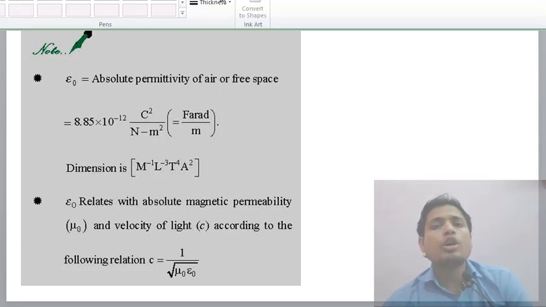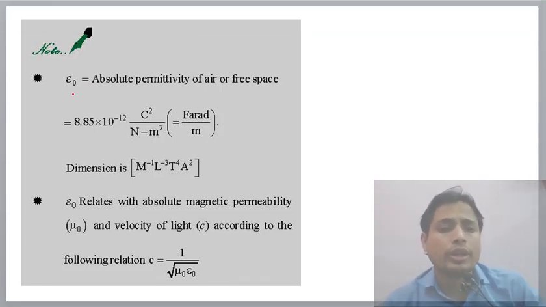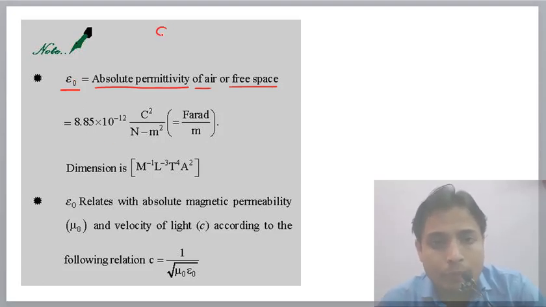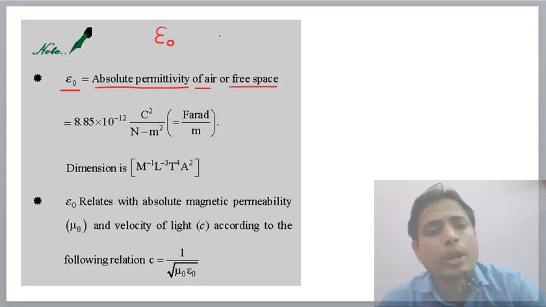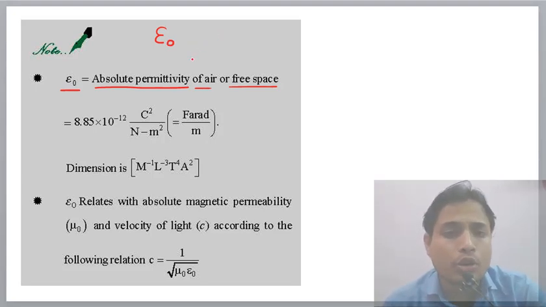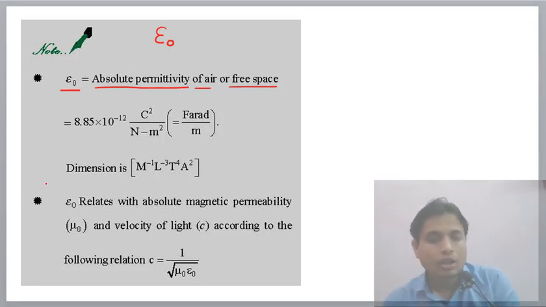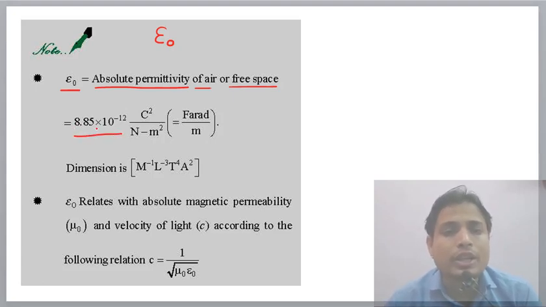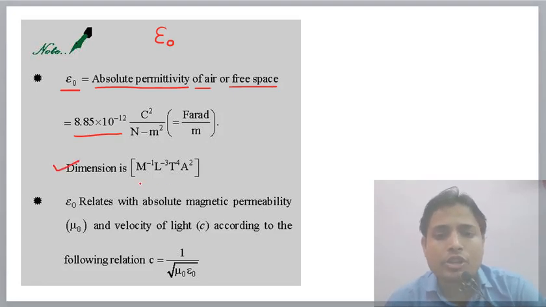Now there are some note points you should know, like epsilon naught. Epsilon naught is called the absolute permittivity of air or free space. जो ये एप्सिलॉन और जो जीरो यहाँ लिखा हुआ है, इसको एप्सिलॉन जीरो या फिर एप्सिलॉन नॉट करके आप प्रोनाउंस कर सकते हो. Now its value, meaning the individual value of epsilon naught for air and free space, is 8.85 into 10 to the power minus 12. And its dimensional formula is this.